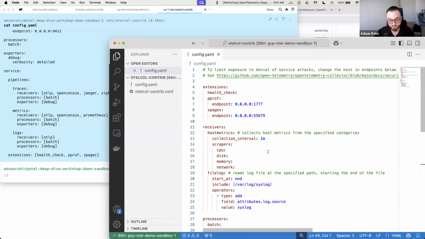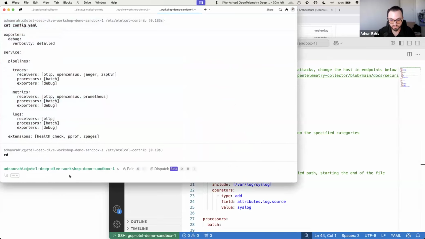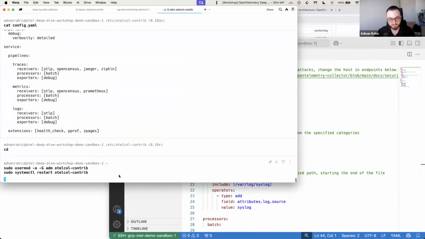One kicker though: if you want to look at syslog logs, the OTel collector doesn't by default have permissions to read those files. So what I like to do is make sure that the otelcol-contrib user is actually added to the adm group. So I'll just run the usermod. I'll go ahead and restart the collector after that. And once that is done,